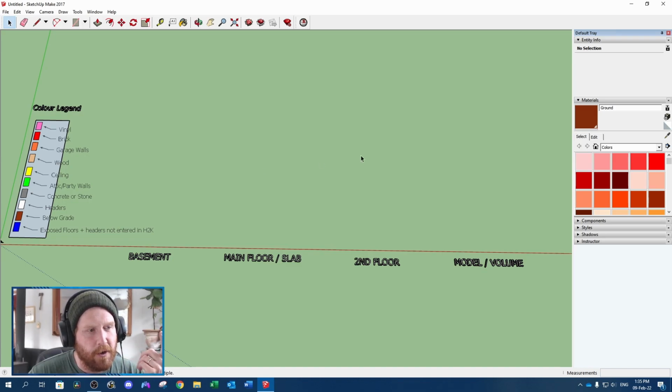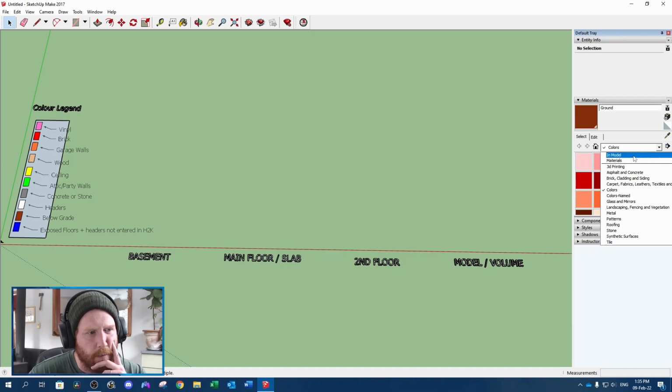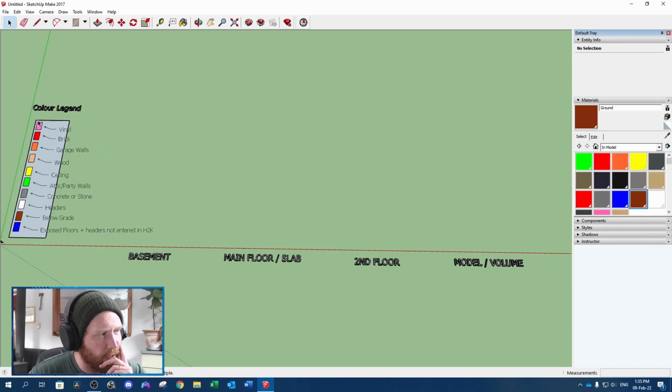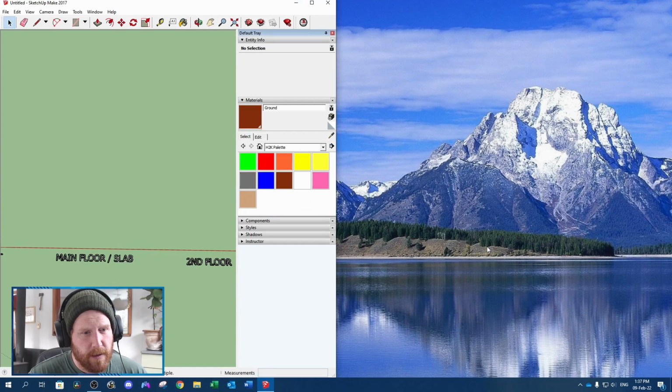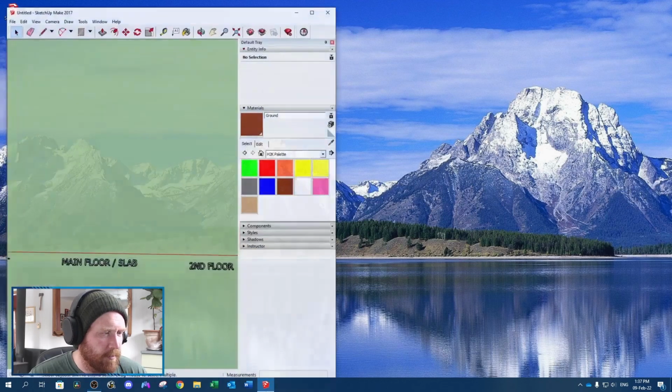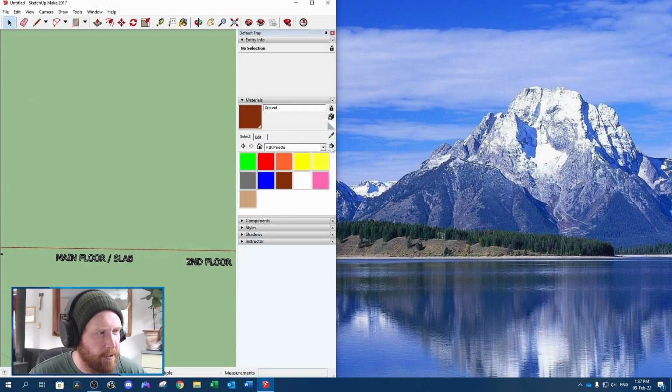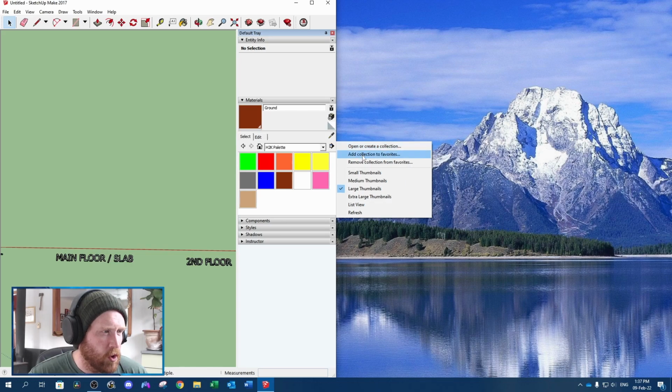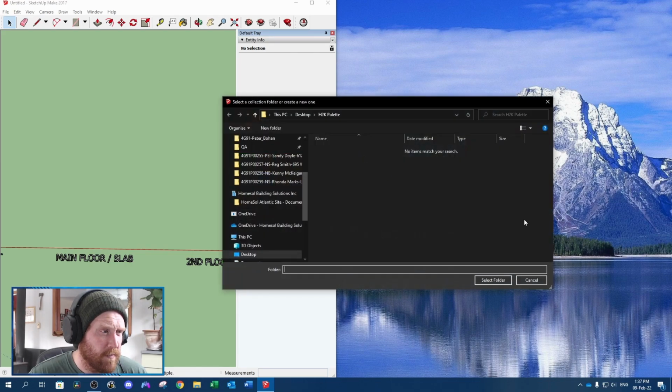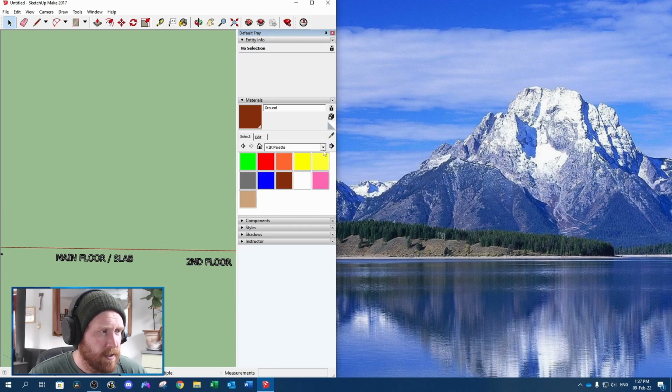Another nice thing you can do is go over to your Materials tab and go to In Model. It's going to give us all the colors that are in the legend, plus the gray here. If you don't want that, you could delete it out. We need to have the folder created first. So I had an empty folder on my desktop called H2K palette. And then I went to Add Collection to Favorites, Select Folder. So now you can see